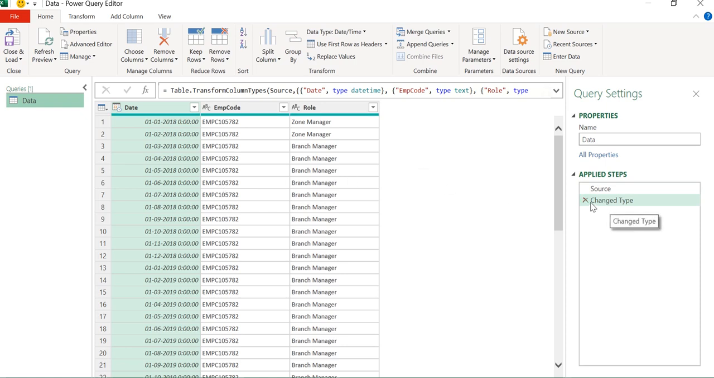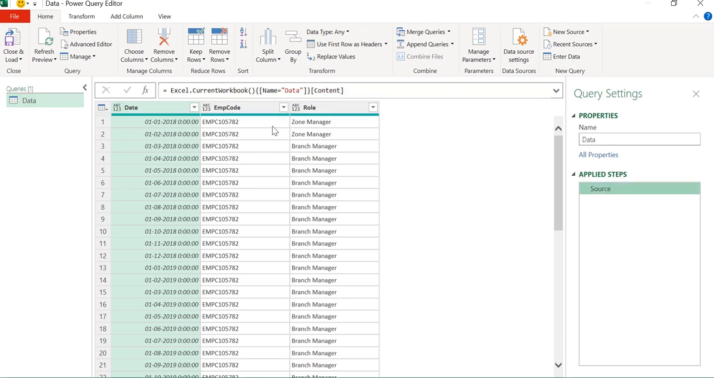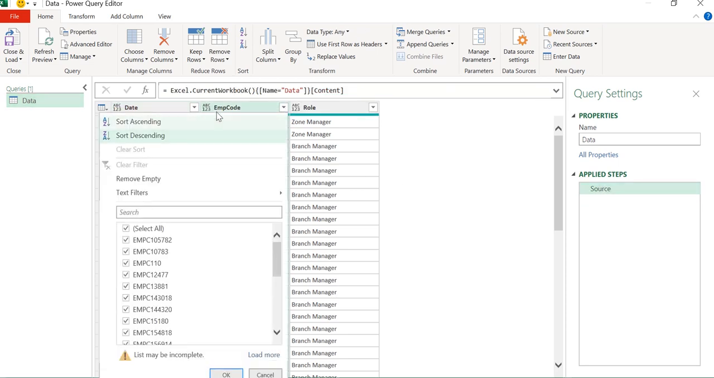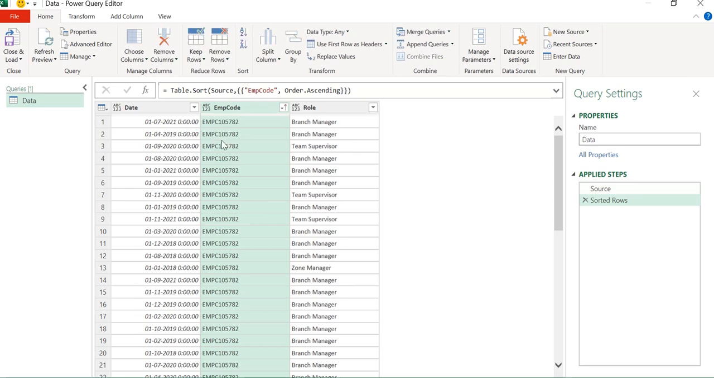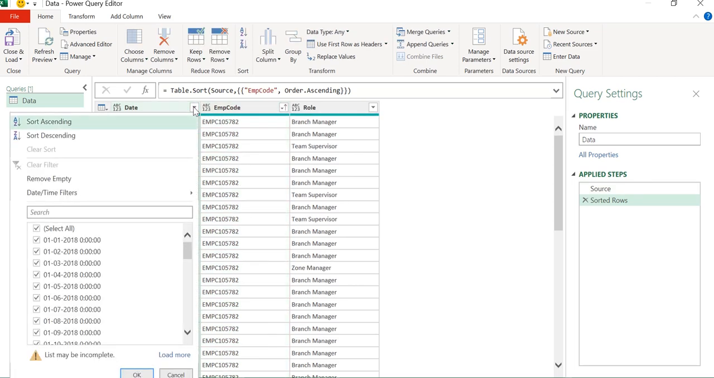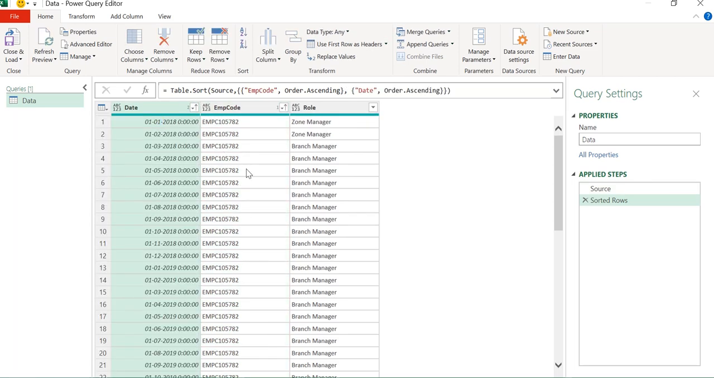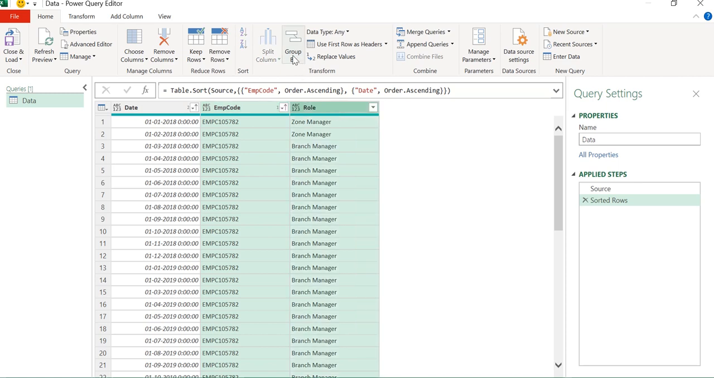So let's remove this change type step. As our first step, we will sort this employee code in ascending order, and then we will sort this date column as well in ascending order. So we have done 2 levels of sorting, first on employee code and then on date column, in ascending order. Now as our next step, we will select this employee code column and role column, and let's click on group by,